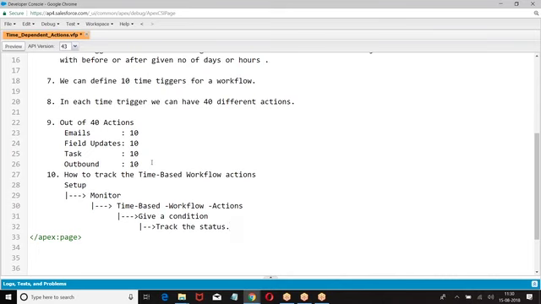Give a condition, track the status. Setup, monitor, time based workflow action. Give a condition, track the status. I hope you are good with this. Am I clear with this? So what was this? How to track time based workflow actions.